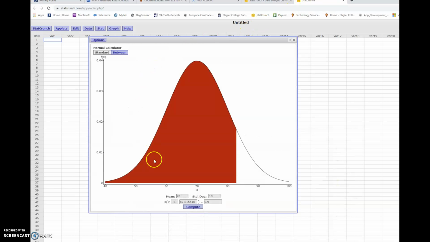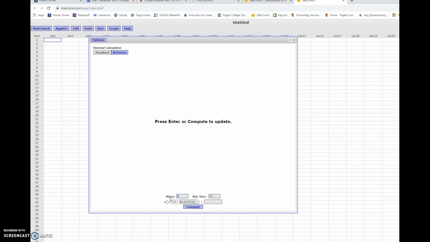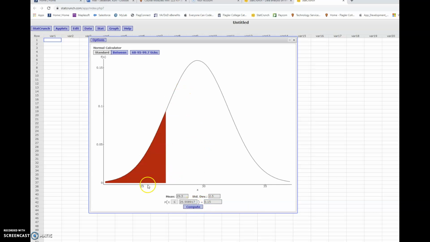So if I go back to my normal calculator, I need to change my mean to 29.5, change my standard deviation to 2.5, and this is what I'm leaving blank. But I'm putting the area, so this is where k is going to show up. The value of k where harbor seal pups, whose birth length is that or smaller, right, less than or equal to, will have a hard time surviving, and we know that's the 15th percentile. So the area there is 0.15. So now I hit compute, make sure it looks like my picture. Yup, it does. So that birth length, where anything less than that makes it hard for the seal pup to survive, is